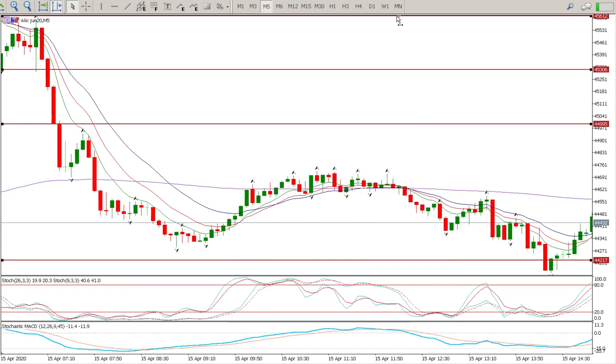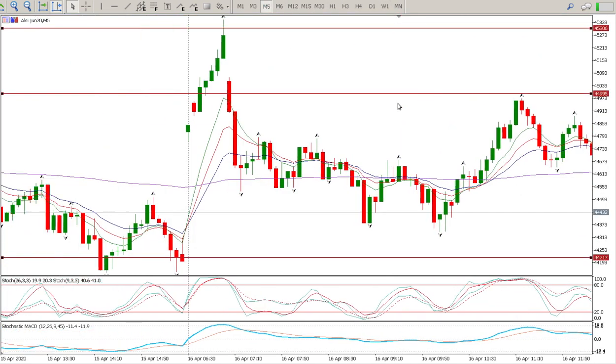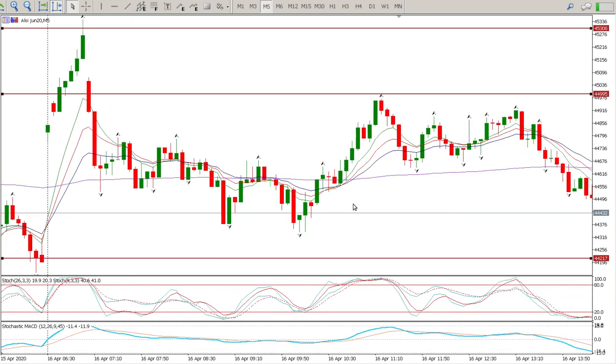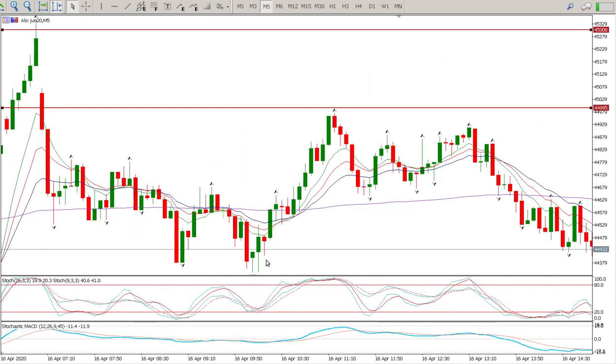Now, if I break this down into the 5 minute, you'll see exactly what I'm talking about. So you can see gap up, gap down, and that's off a level, and then a gap, massive gap. I expect that gap to get closed as well. And you can see there's a pin bar, small move up to test the moving averages. A bit of a messy day yesterday. There's no real trend apart from this little one here that got going. And there you see you've got two tails to the downside, plus the inside bar.